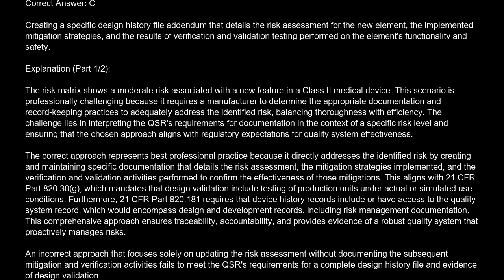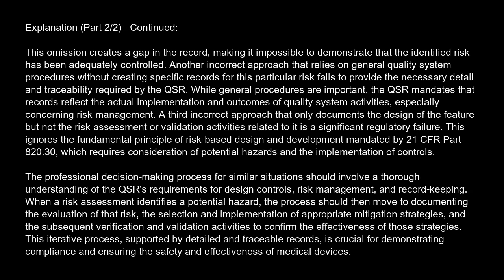An incorrect approach that focuses solely on updating the risk assessment without documenting the subsequent mitigation and verification activities fails to meet the QSR's requirements for a complete design history file and evidence of design validation. This omission creates a gap in the record, making it impossible to demonstrate that the identified risk has been adequately controlled. Another incorrect approach that relies on general quality system procedures without creating specific records for this particular risk fails to provide the necessary detail and traceability required by the QSR. While general procedures are important, the QSR mandates that records reflect the actual implementation and outcomes of quality system activities,